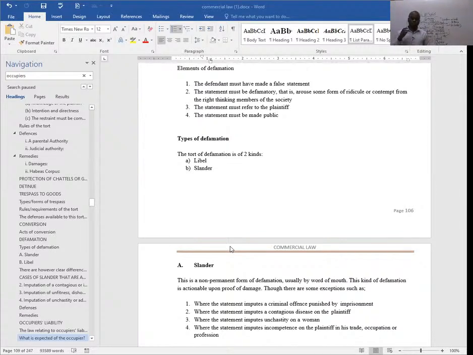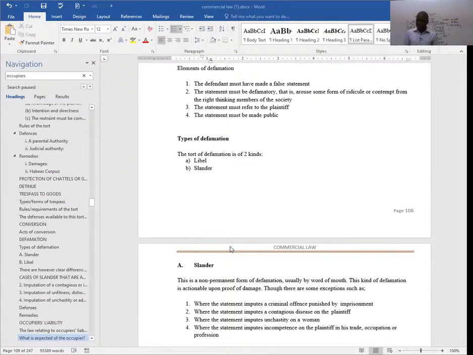But by word of mouth, maybe someone mentioned the statement while other people were not actually there. So gathering the evidence or the proof might not be very easy. Or maybe someone can just accuse another person, saying he said something about him which is not factual, yet it is not true. So you must be able to prove before a court of law before you can accuse someone of what you are calling defamation by slander. So that's what they're saying.